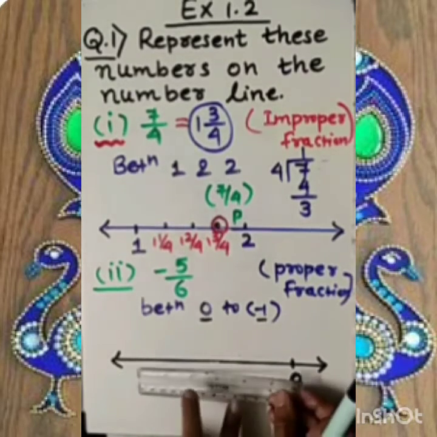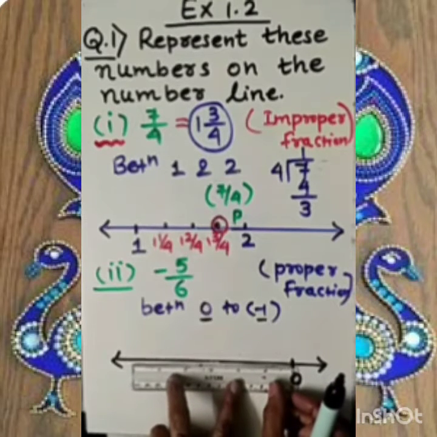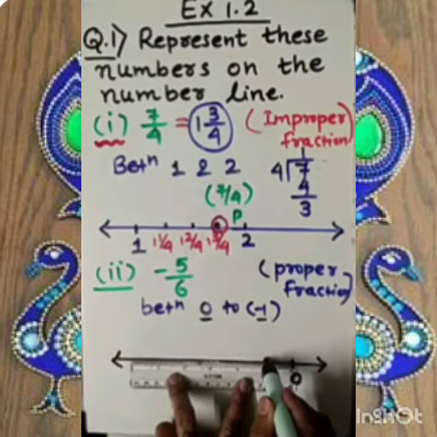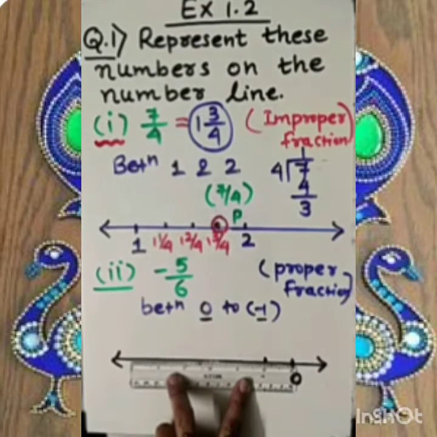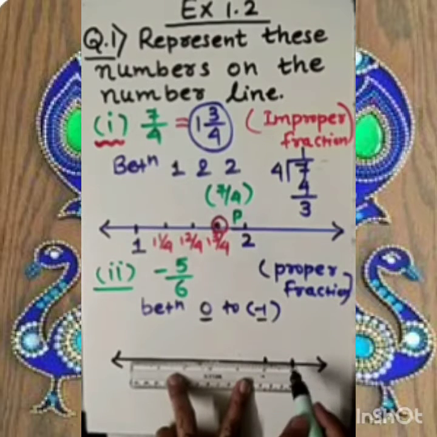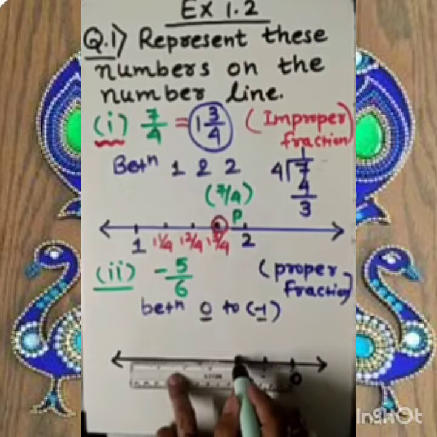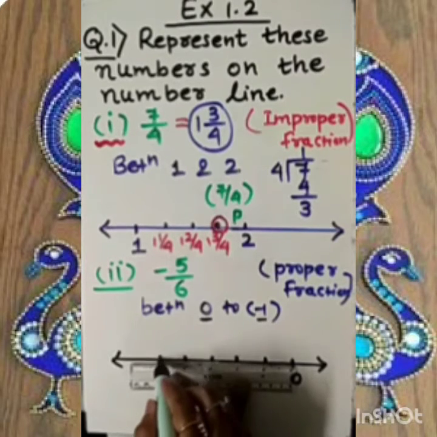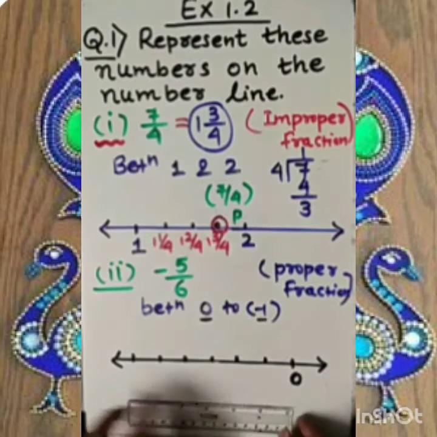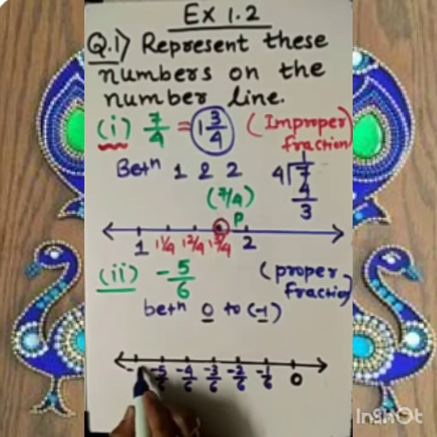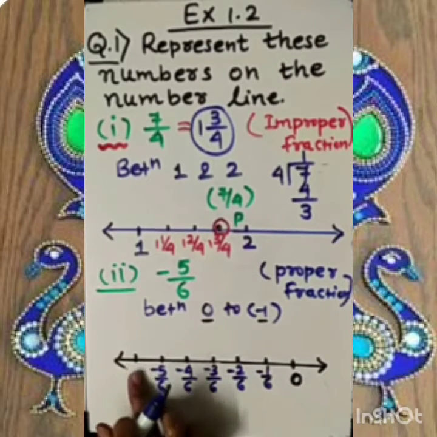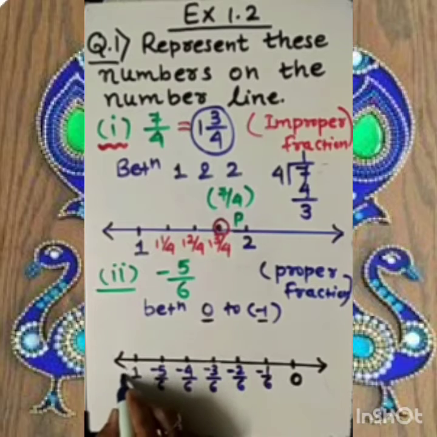As I told you before, for my convenience, so that it is easily visible to you, I am choosing 1 inch as 1 unit. But you should take 1 centimeter. Fine. This is the first part, second, third, fourth, fifth, sixth. Total 6. And this is minus 6 by 6. It indicates 1. Minus 6 by 6, 6 cancels, so it is minus 1.